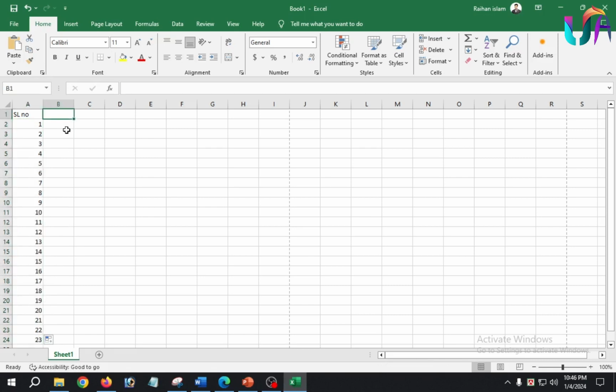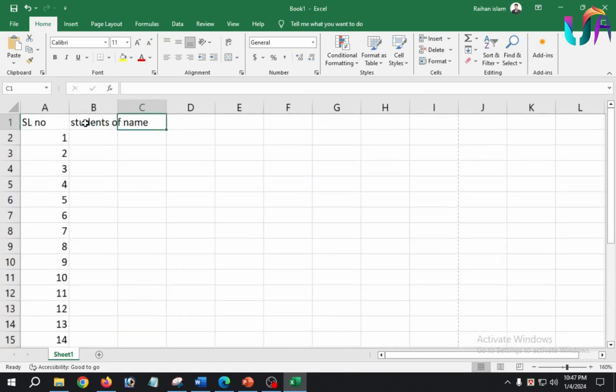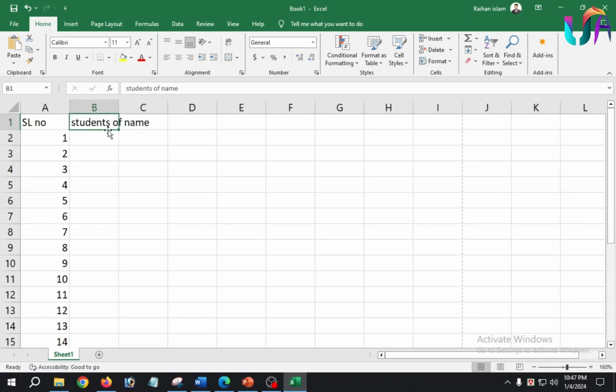And the next option I include here is Name, student name. So you can see I get a problem. Yes, it's actually a problem. This cell is okay, but this cell is not okay, because the text of this cell overlaps the next cell. So what you do, you can move